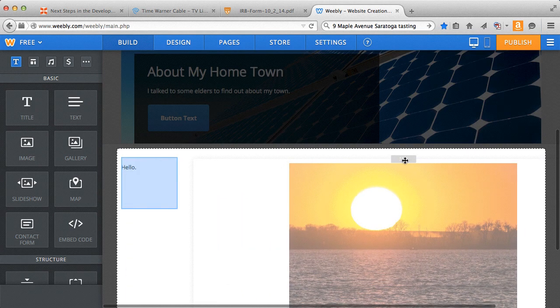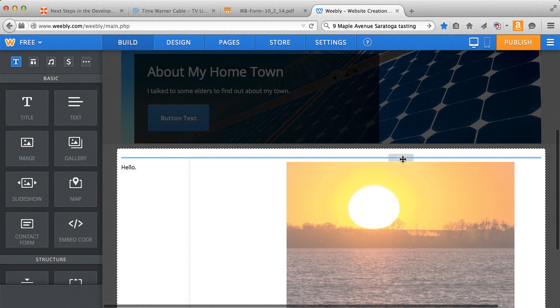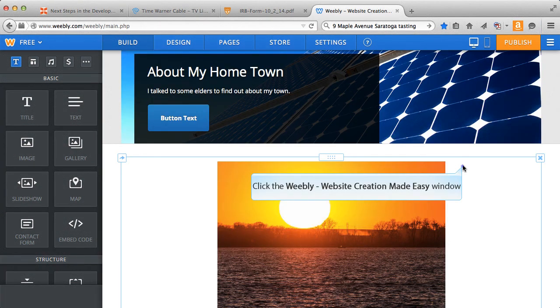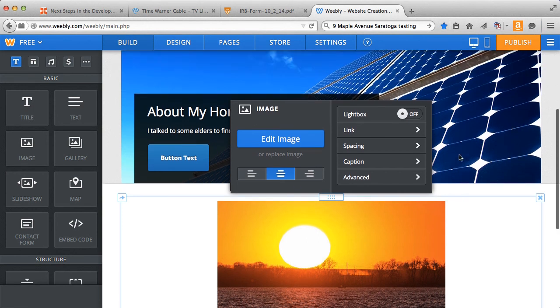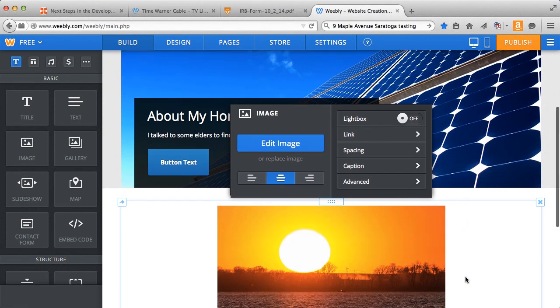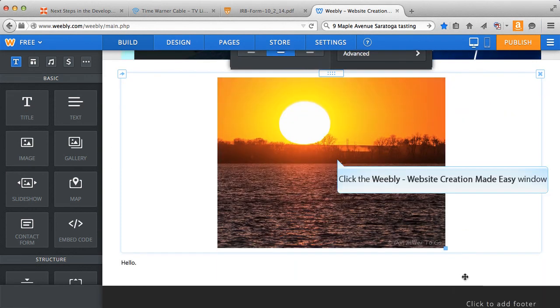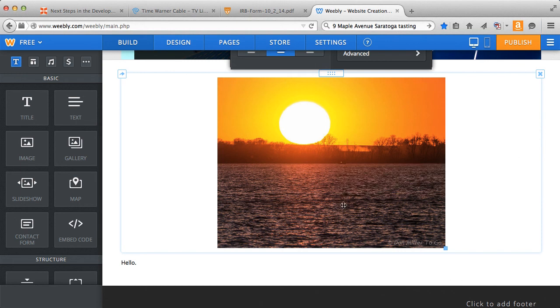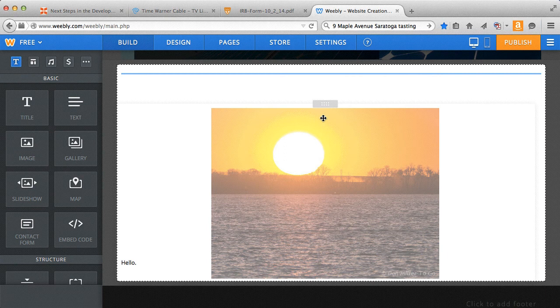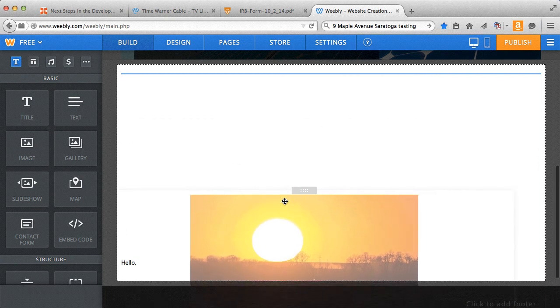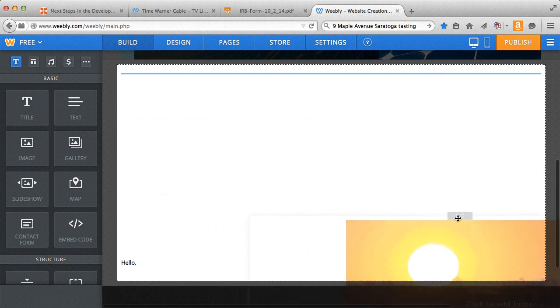If you move it up in this space next to your text, it will go, in this case, above the text. Or if I click it and move it again next to the text, maybe over here,